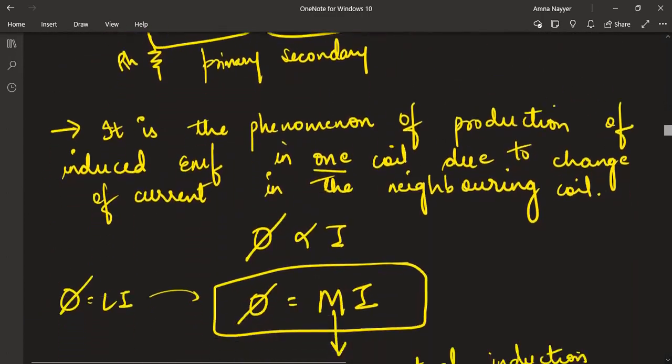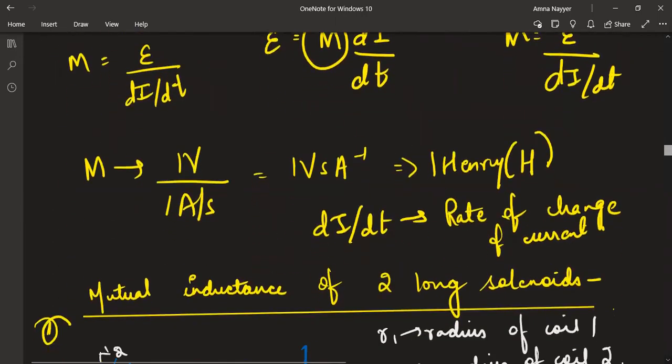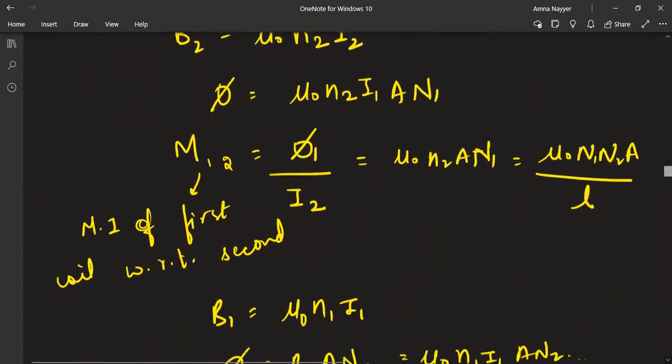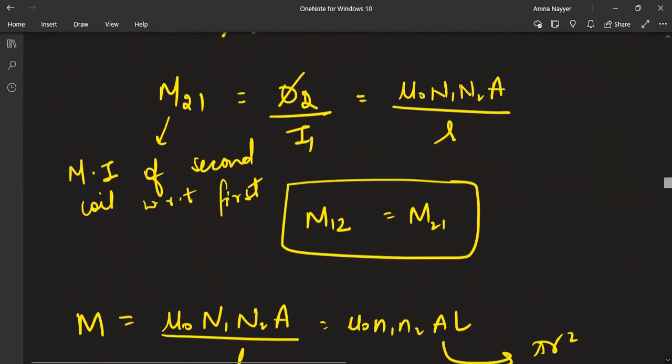So similarly, you have primary coil in which the magnetic flux is changing, and in another coil the EMF is getting induced. EMF for the induced current, you can say. So phi is equal to MI. There it was Li, that was self-inductance coefficient. Here you have MI, that is coefficient of mutual inductance, or simply mutual inductance. Henry is the SI unit for both of them. Then for solenoid, you should remember the